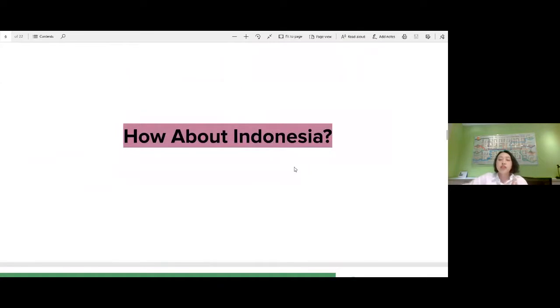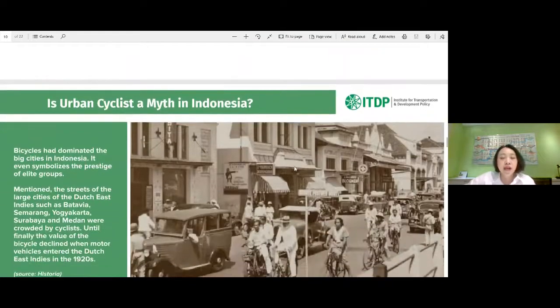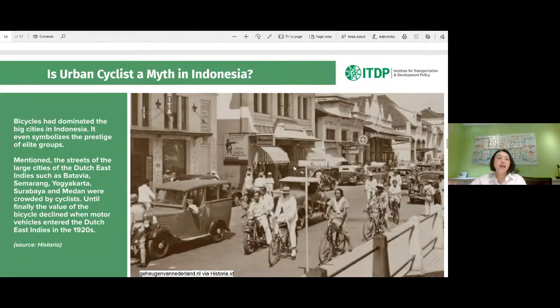So how about Indonesia? We had our heyday back before the 1920s. Large cities in Indonesia were crowded with bicycles, and they were even a symbol of prestige for elite groups in cities like Batavia, which we know as Jakarta right now, Semarang, Yogyakarta, Surabaya, and Medan.